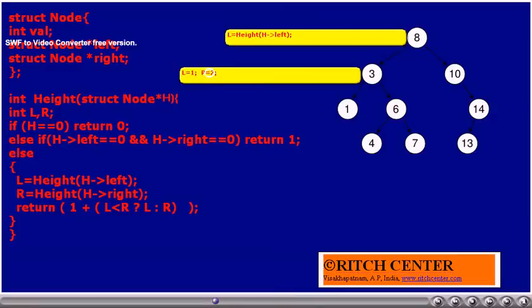By now, we have traversed the right subtree of the node 3 and we found its height is 2. Already we have traversed the left subtree of the node 3. We found that its height is 1. Now the maximum of these two is 2 and we'll add 1 to conclude that the height of this subtree, whose head is at 3, is 3. So that will be returned to the previous function call.